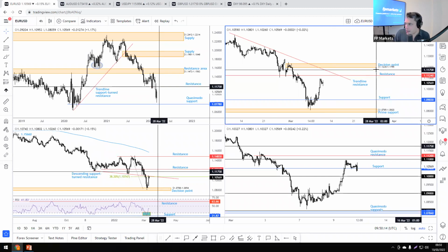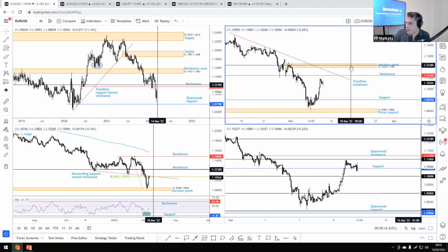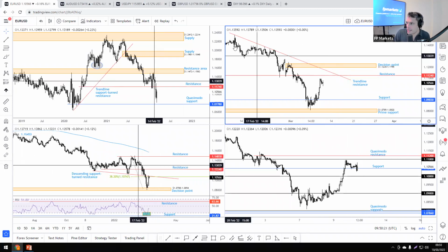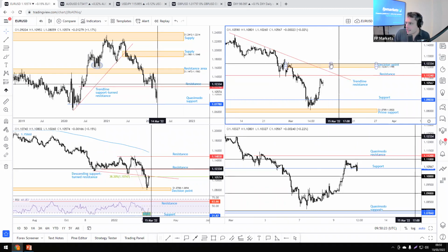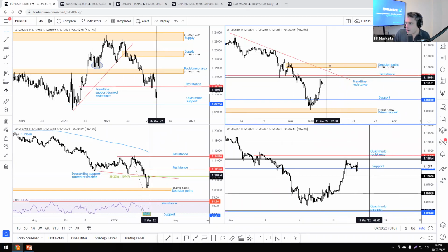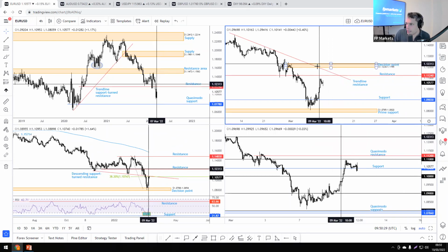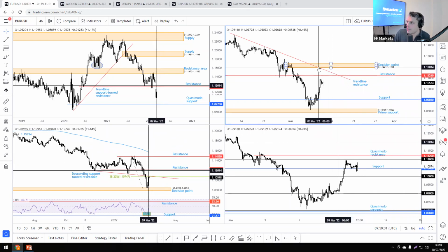Decision point at 12:34, 11.95. This is on the H4 time frame. What really attracted me to this was the trend line resistance convergence at this point here. Should we jump above this area, this is somewhere I would be looking for sellers to make an entrance, not only because it's a reasonably strong